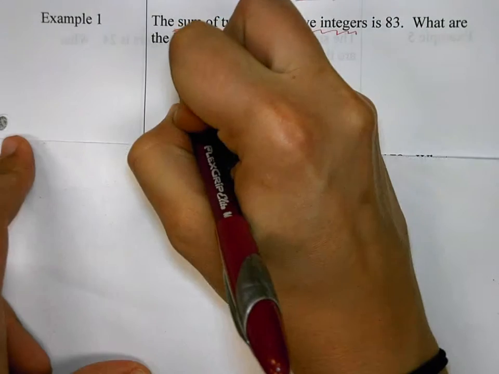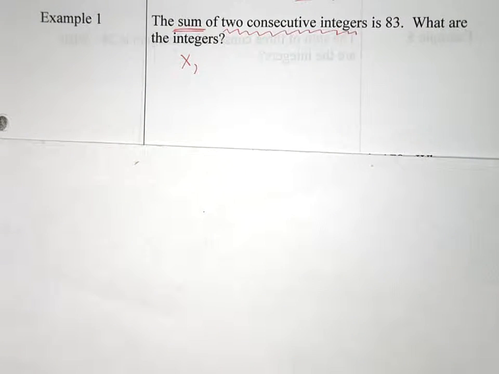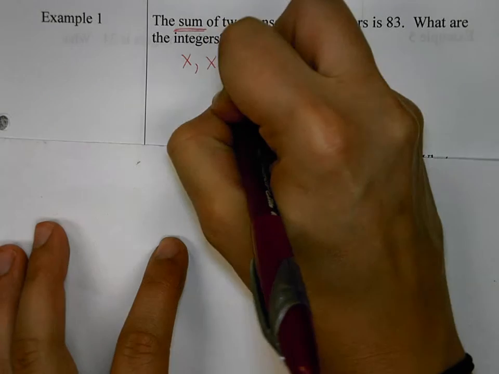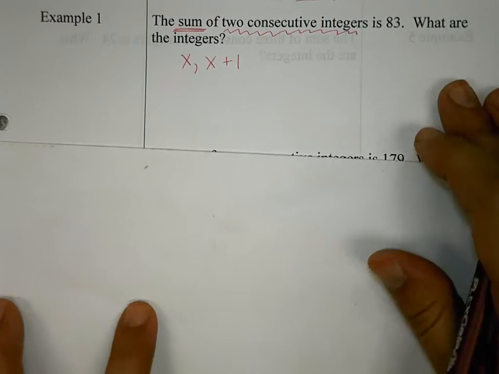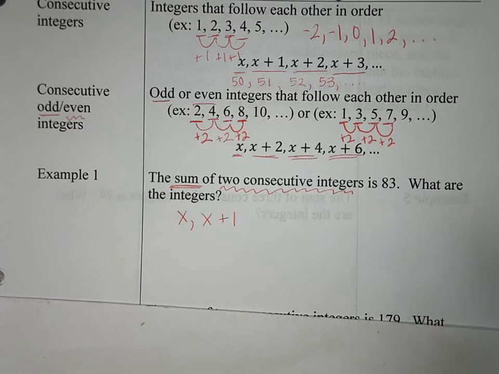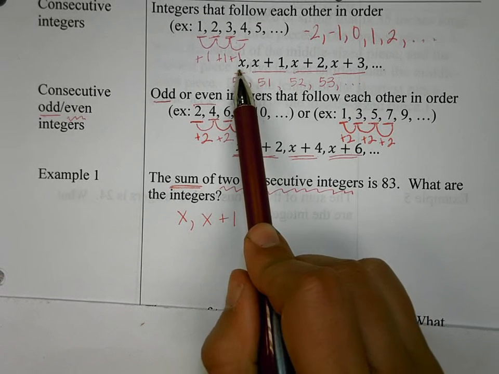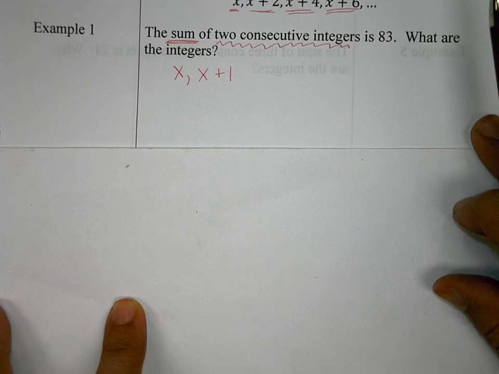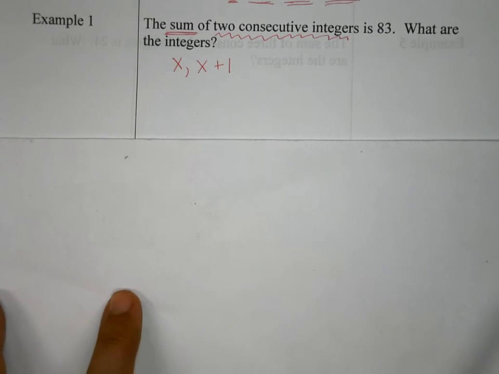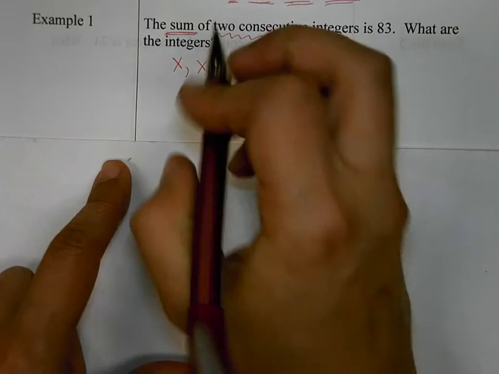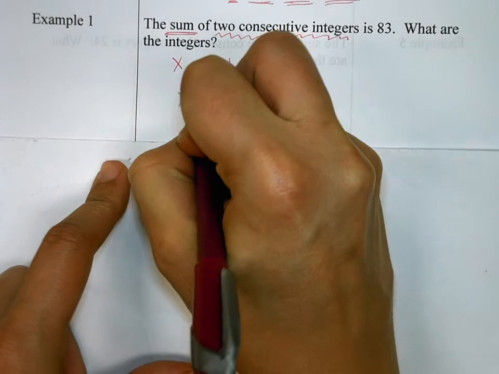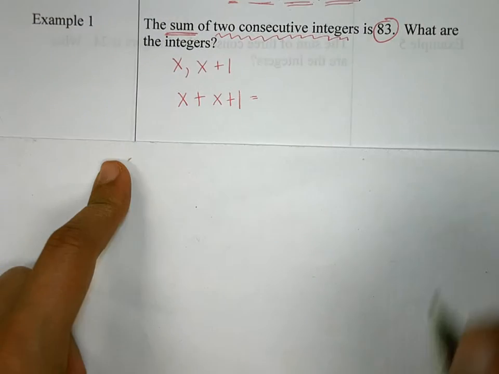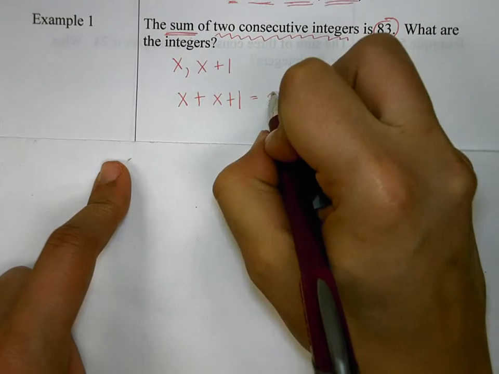So we're going to have x be our first one. And if we're looking at consecutive integers only, our second number is going to be x plus 1. That's what it says in our general form that we wrote at the top up here. Our first integer is x, and our next one would be x plus 1. So for this problem, we're going to take x and x plus 1, and it tells us we want to add them together. So I'm going to get x plus x plus 1 equals 83. So I'm going to set that equal to 83,